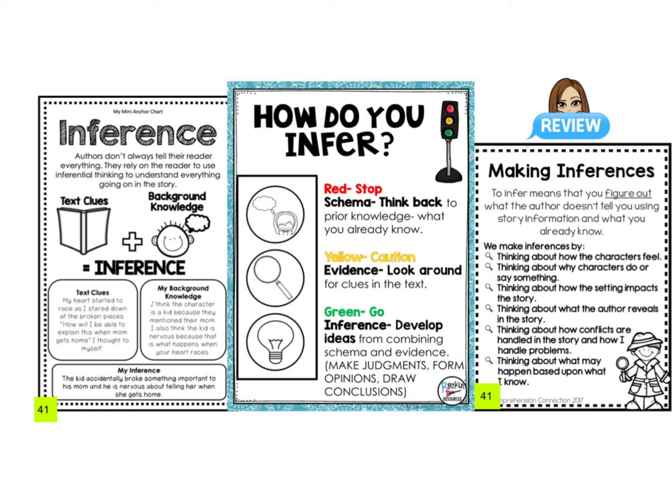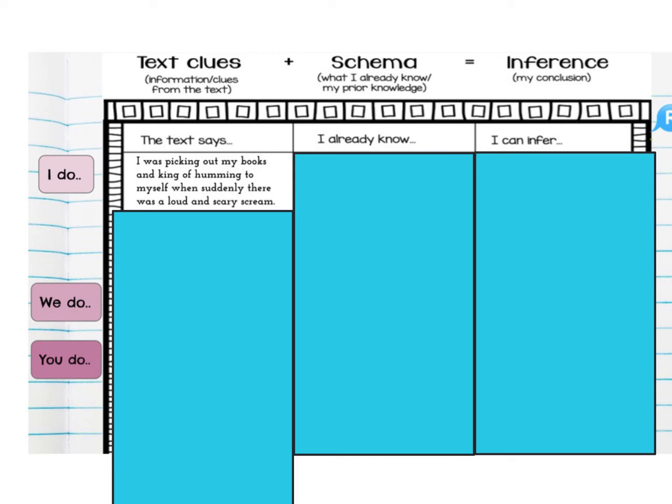Growing readers can make inferences by thinking about how does a character feel? What is something that motivates the character or the reason why they do something? They also think about how the setting changes or impacts the story. They also think about conflicts or problems that are in the story and what may happen based on what they know. That's called an inference or a prediction. So now that we understand more about what our notes say, I'd like for you guys to look at this